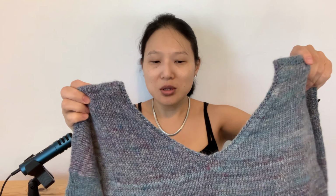So this sweater has actually been in storage. I don't think I wore it at all last year, but I went ahead and pulled it out for this year because style-wise, I do think that this is fairly reflective of something that I would wear currently. The only problems with this sweater is